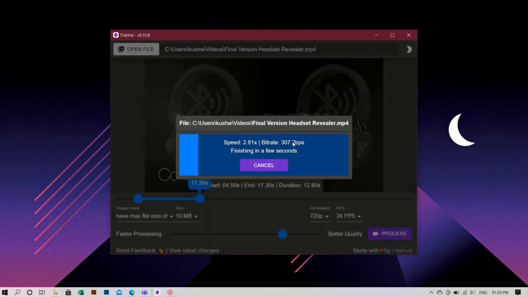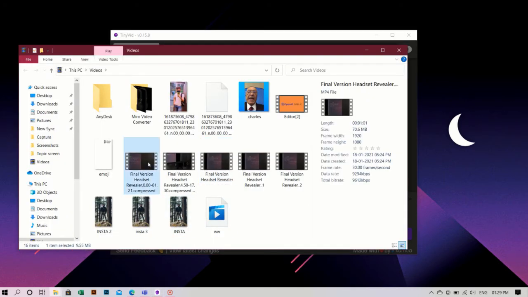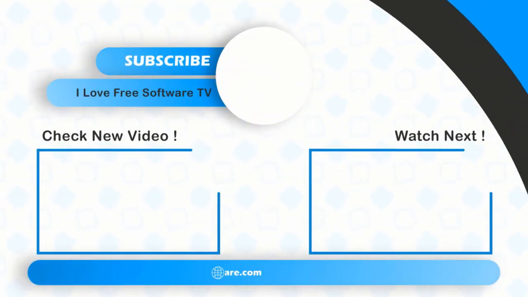Now wait for it to finish the processing. Once it's done, open the file location to check if the file size is what you have selected. Great, it worked. That's it guys, this is how you can trim and compress video files to fit any size